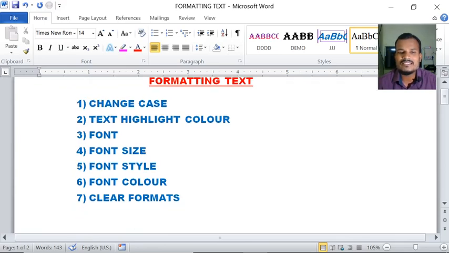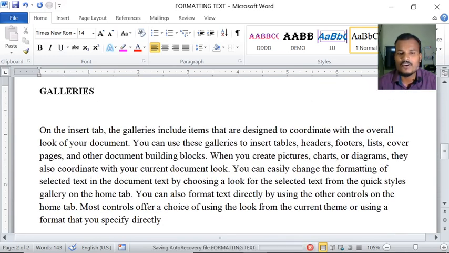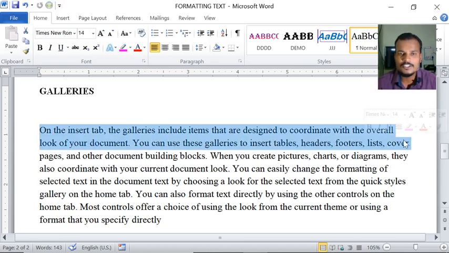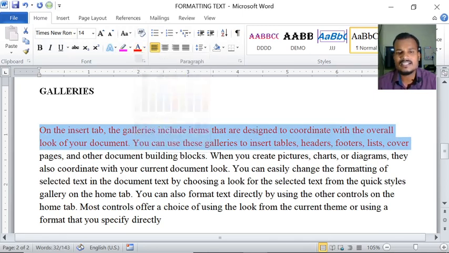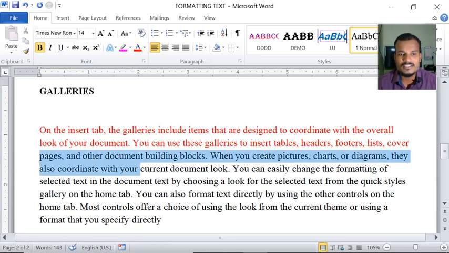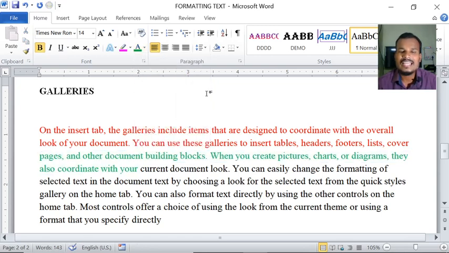So this is about font style. Next one is font color. Font is a collection of alphanumerical characters, which we call font. Here the font color is black, so I want to change the font color. For example, these two lines only. Select the two lines, and this is the font color option in the font group of the Home tab. Click this drop down arrow button and click on this red color. If you want to change it, click here and click like this. In this way we can change the font color.